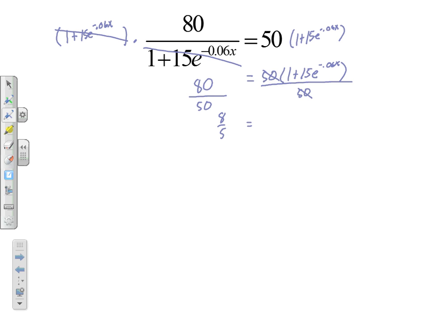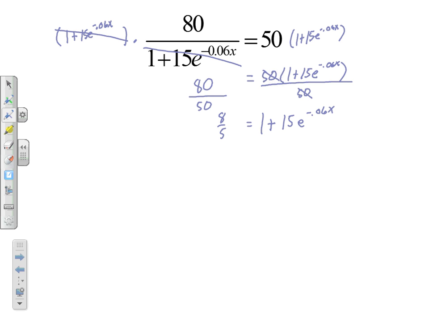And it'll be equal to, so by dividing by the 50, we no longer need to write the parentheses on the right side of the equal sign anymore. And so the next thing logically to do would be to move the 1 over. So if on your calculator you say 8 divided by 5 and then subtract 1,